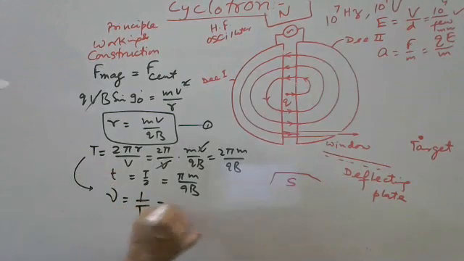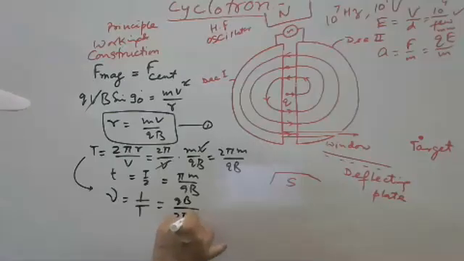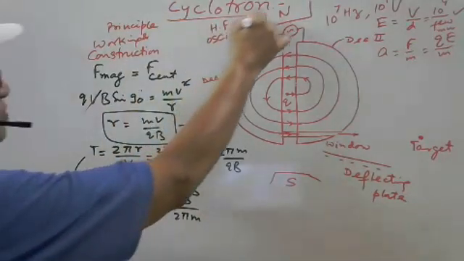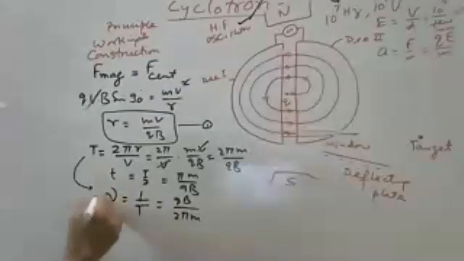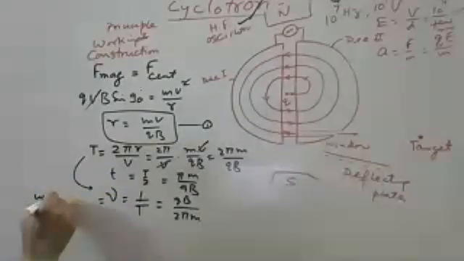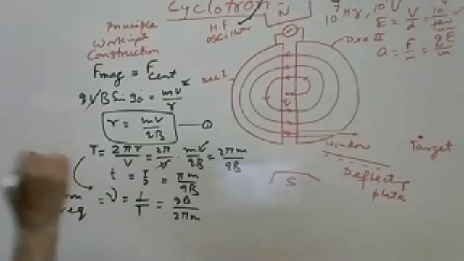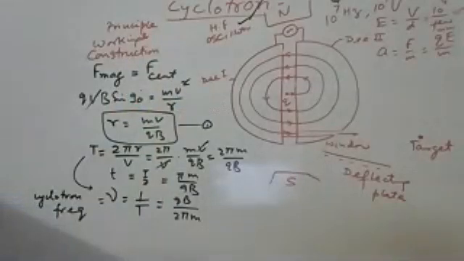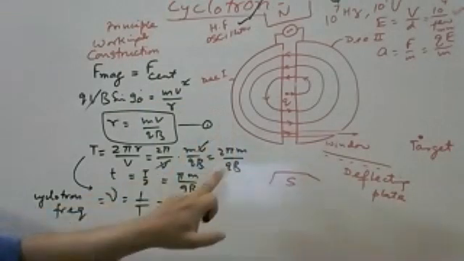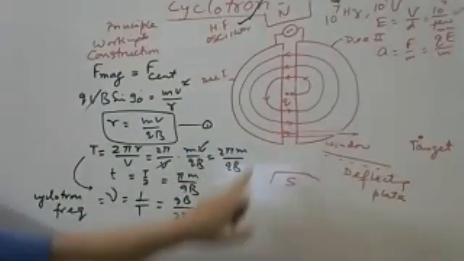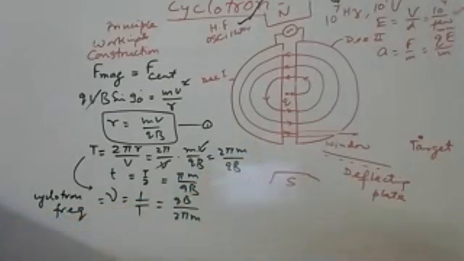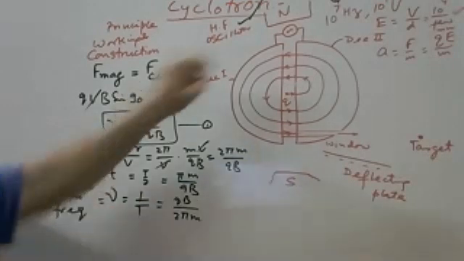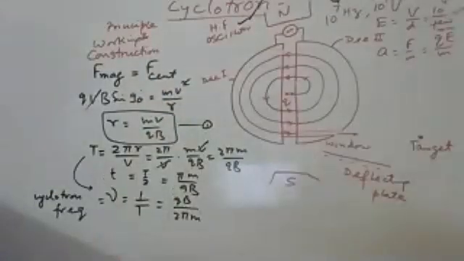And what is the frequency here? Frequency is the reciprocal of the time period, qB upon 2 pi m. And this is called the cyclotron frequency. Here is an oscillator; this cyclotron frequency and the oscillator frequency, these two are the same. Because here 2 pi, q and all are constant, and mass m is also constant. So the frequency is constant, and the cyclotron frequency is matching with the high frequency oscillator.